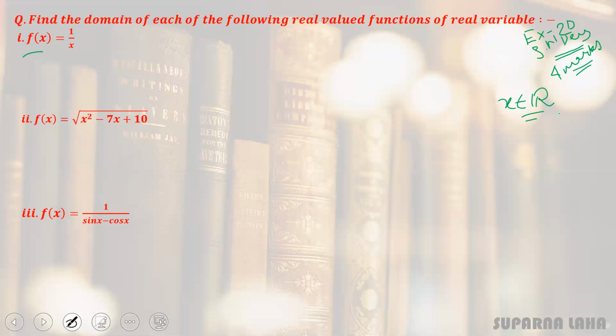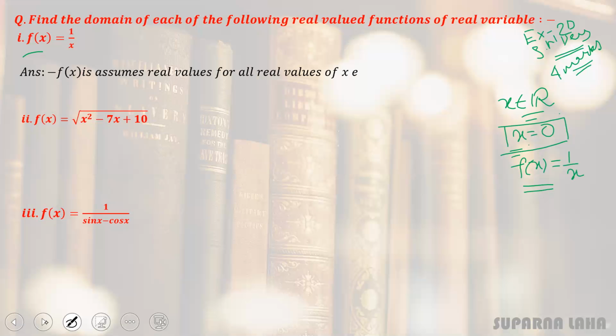For 1, 2, in between 1 and 2, for all the values it will satisfy, but for x equals to 0, look at this function f(x) is equal to 1 upon x. So for x equals to 0, the function is undefined. So except this point 0, all over the set of real numbers, the function is defined. Okay, so the domain of this function we can write like that. f(x) is a real valued function. So for all the real numbers except x equals to 0, the function is defined. So the domain is defined as R minus the element 0.